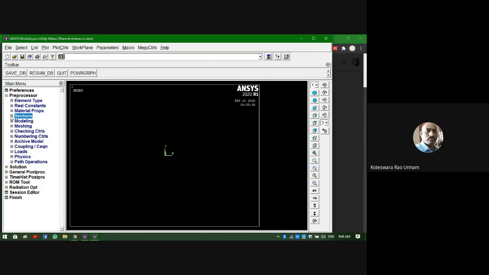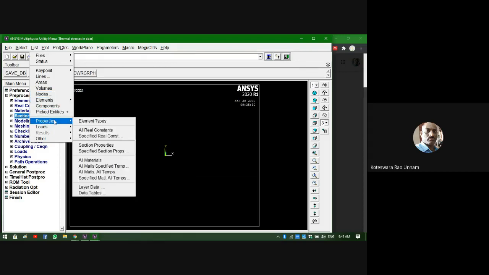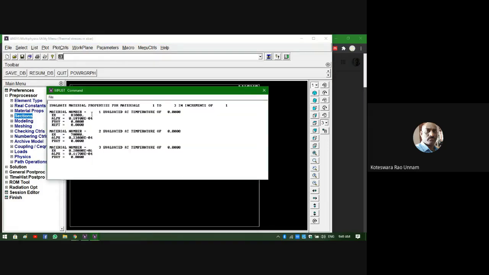Okay, right. So now I have defined all the three material models and all the three sections. Before going to the next step, if I want to check whether I defined everything properly, I can go for list properties. First, I'll do all materials. See, material 1, material 2, and material 3. Like that, it will list. So you verify once.